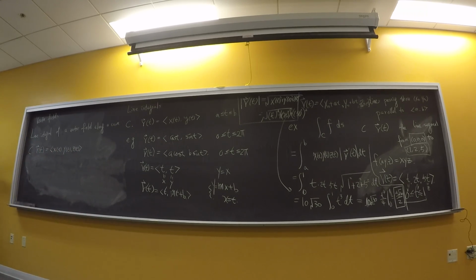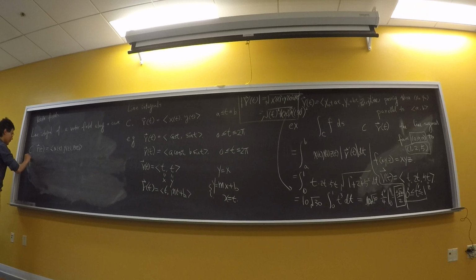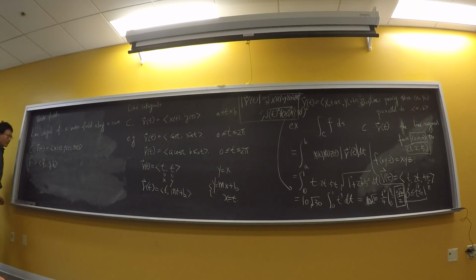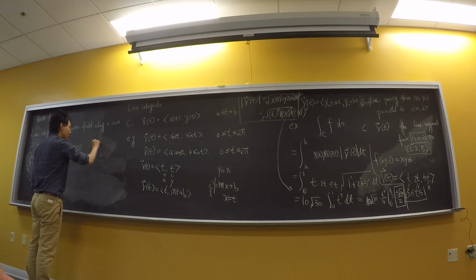So instead of taking the line integral with respect to a scalar function small f, I want to take the line integral of a vector field. But here I have to be very careful. If I have a vector field given by F, G, and H, then for any given curve, as long as I have the parametric equation, I can always compute r prime,